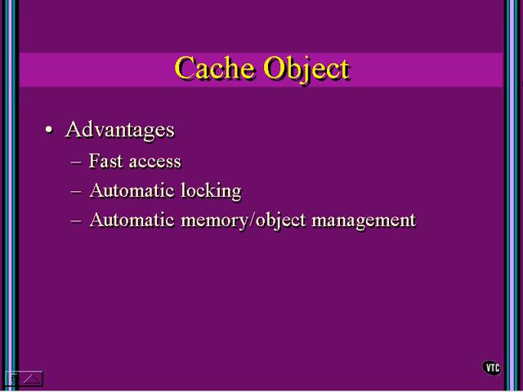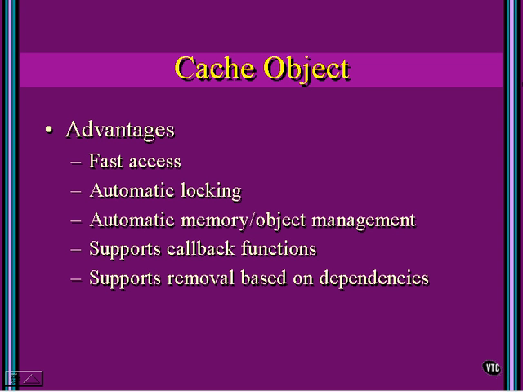Now, you may not have heard about that. That's a .NET thing, and I touched on .NET very briefly at the beginning of the course. But the automatic garbage collection is a huge improvement in .NET, and you get that advantage here with a cache object. You can also do callback functions, and I won't go into a lot of detail here because this is an intro. But I can have objects take actions and then report back to me when they're finished. The cache object also supports removing cached items based on dependencies of